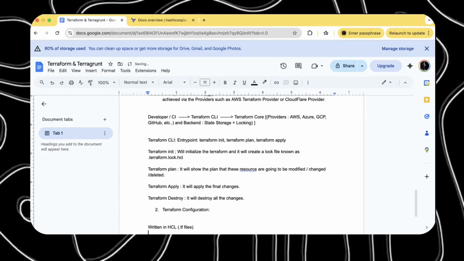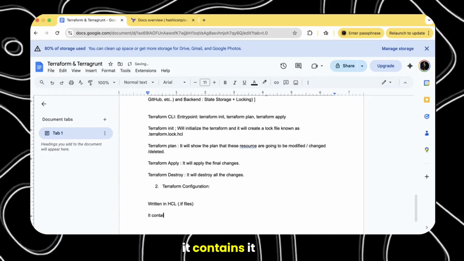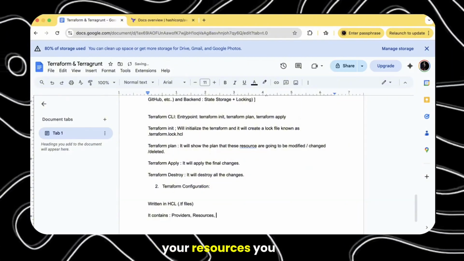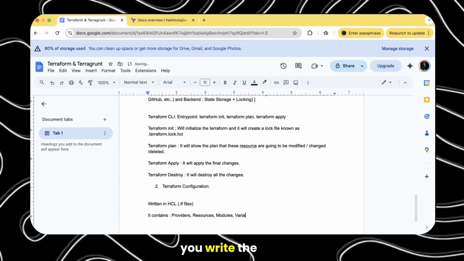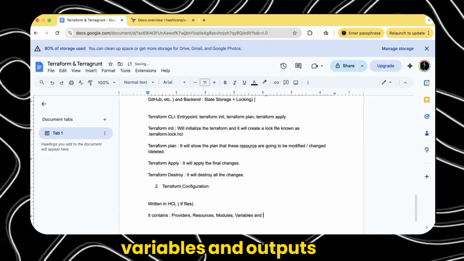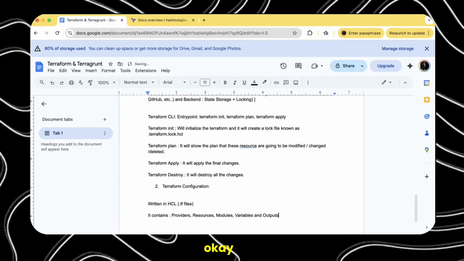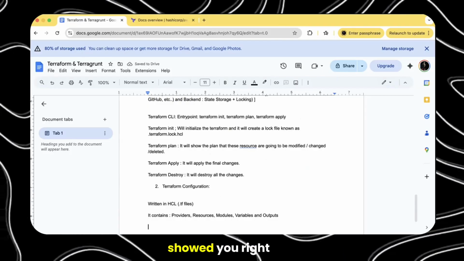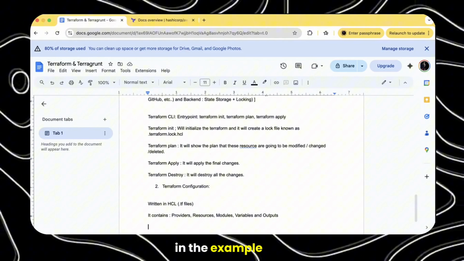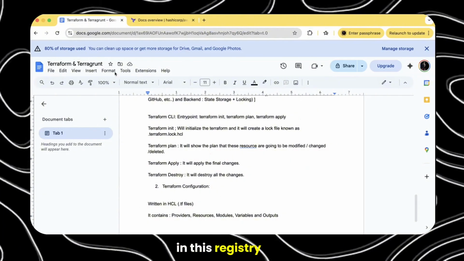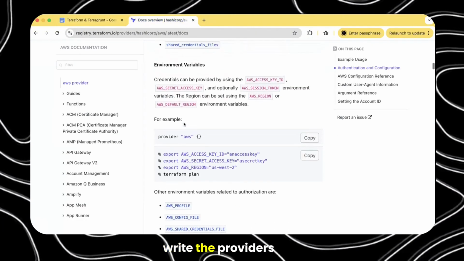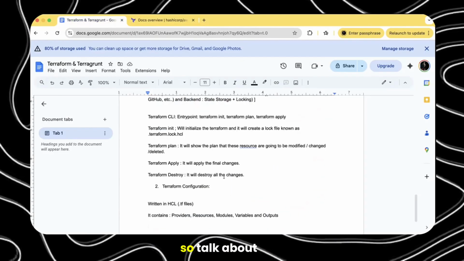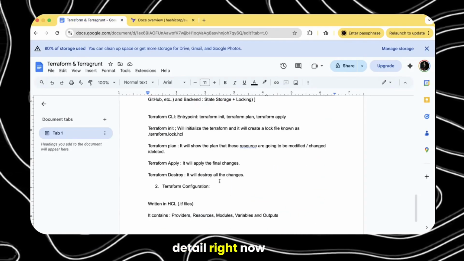It contains your providers, your resources; you write the modules, the variables and outputs. As I already showed you in the example in the registry, that is how you write the providers, the resources and other things. We'll talk about all those in detail.